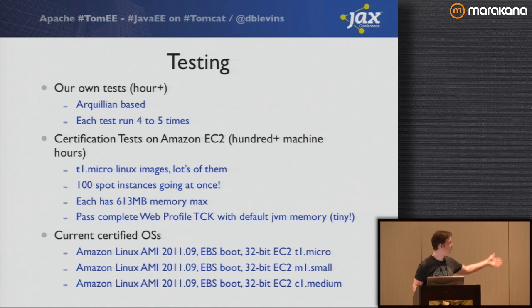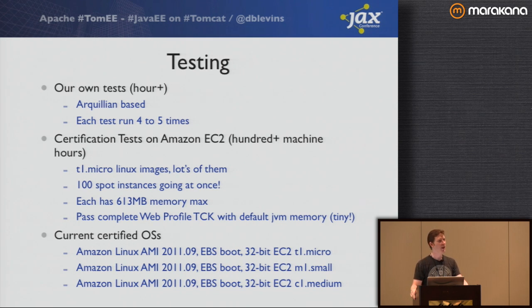Testing. So as I mentioned, we run this stuff on Amazon EC2. We run it on very small machines. The T1 micro instance that we run on has 613 megabytes of memory. It's quite small. We don't increase the Java memory, so we're taking the minimum that a Java process can take on that machine, leaving you with a couple hundred megabytes of additional space for your application, which is the way